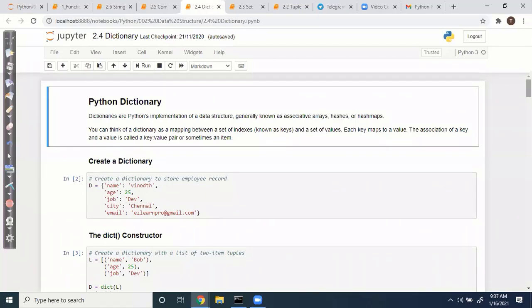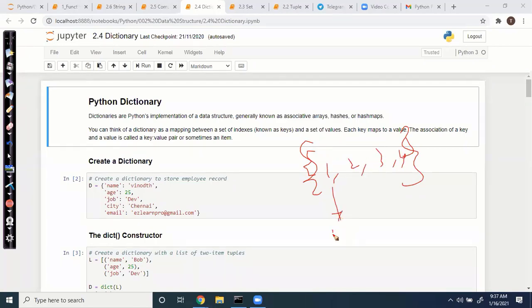Next object is the dictionary, a very powerful object. Whatever we have seen till now, every item is single and simple, with some values. Similar to a set, it has items, some values, but instead of simple items we have key and value pairs with a colon. All items are like this, key and value. That is called a dictionary.